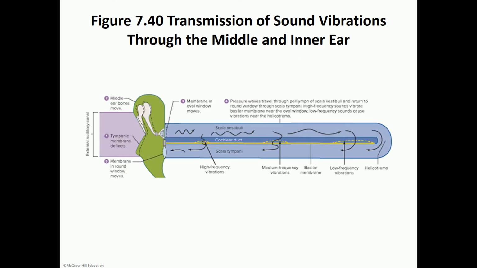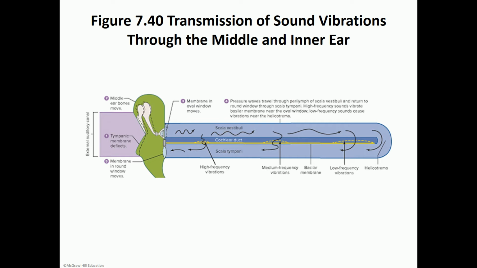Here you can see the transmission of sound vibrations through the middle and the inner ear. So one more time, the tympanic membrane will detect these waves, vibrate, and then those vibrations will be amplified through the ossicles. Now you can see the waves go through the oval window and they enter the scala vestibuli, depending again on